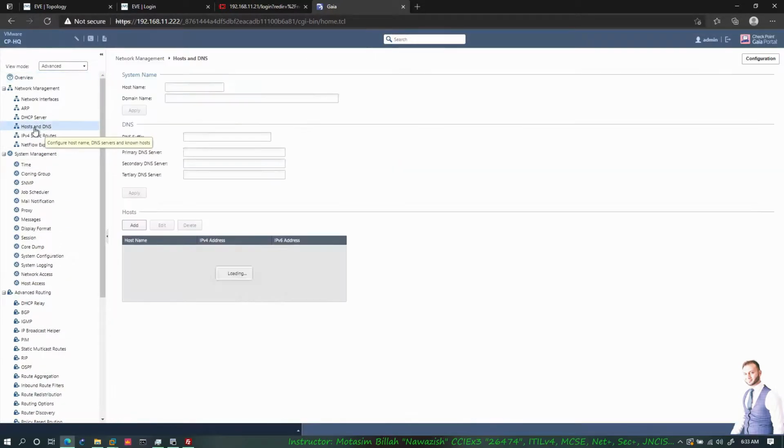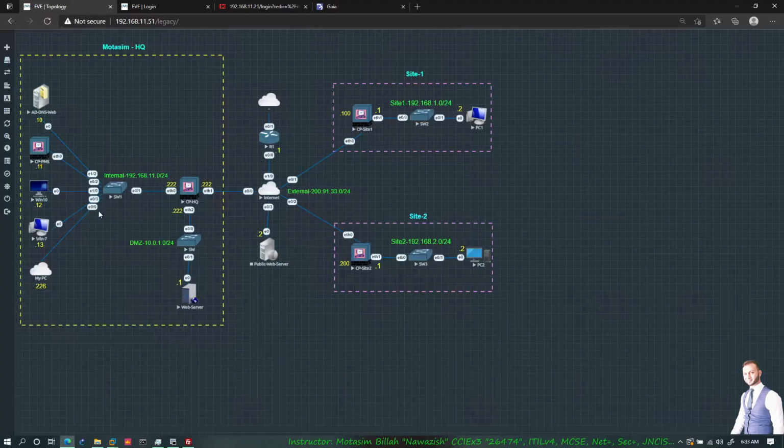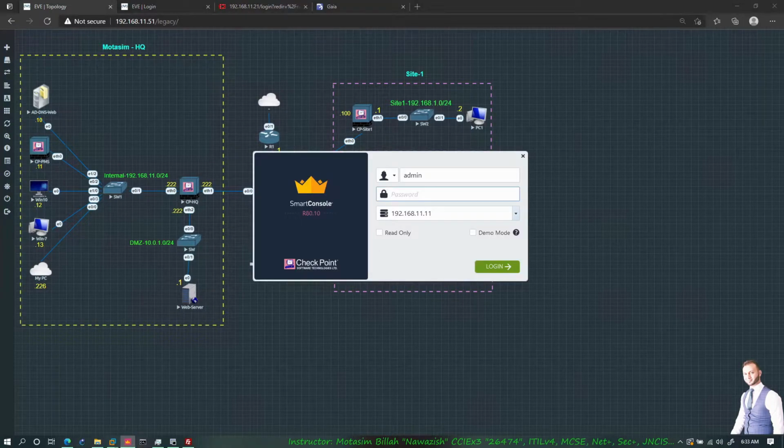You need to come to Host and DNS. I have already configured this with my domain name, and the DNS IP address is my internal DNS server. That's good. So let me go to SmartConsole and connect to my PMS, Policy Management Server,